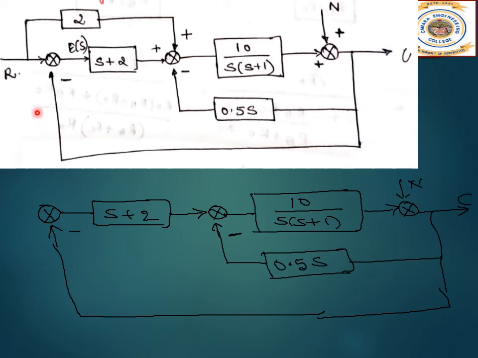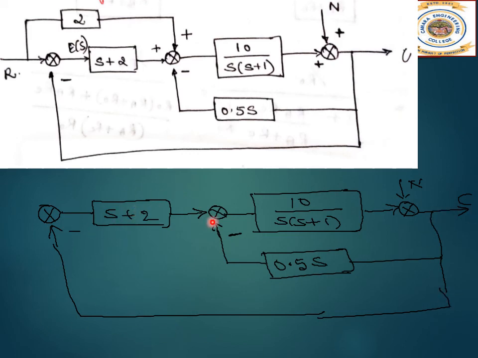See here, we had R over here, so R is 0, so this will automatically vanish. And check over here, we have a negative sign. That is why I asked you to retain it, so that I can see negative and positive. Take off point from here, it starts from here, comes through this minus, and comes to S plus 2 and to this summation point. So this will become negative. S plus 2 will come in the feedback path of this one.